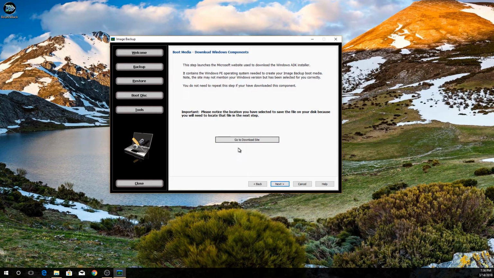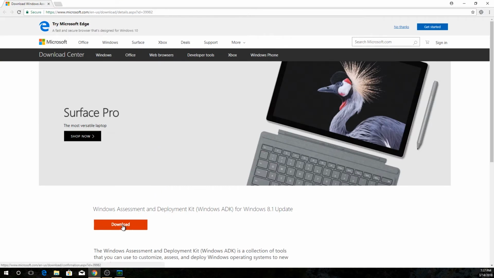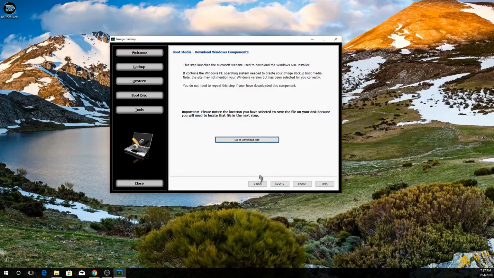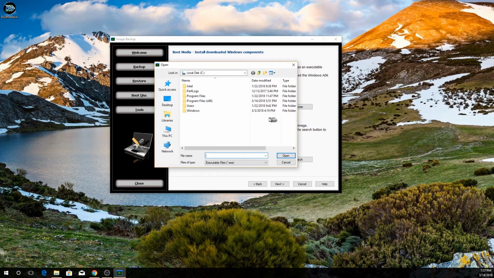This is a wizard that walks you through the creation of a boot disk. You will need to go to a download site on Microsoft's website. Clicking the button will take you there, and here you will download a file called adksetup.exe. Once the file is downloaded, click Next. Browse to where you downloaded the file,